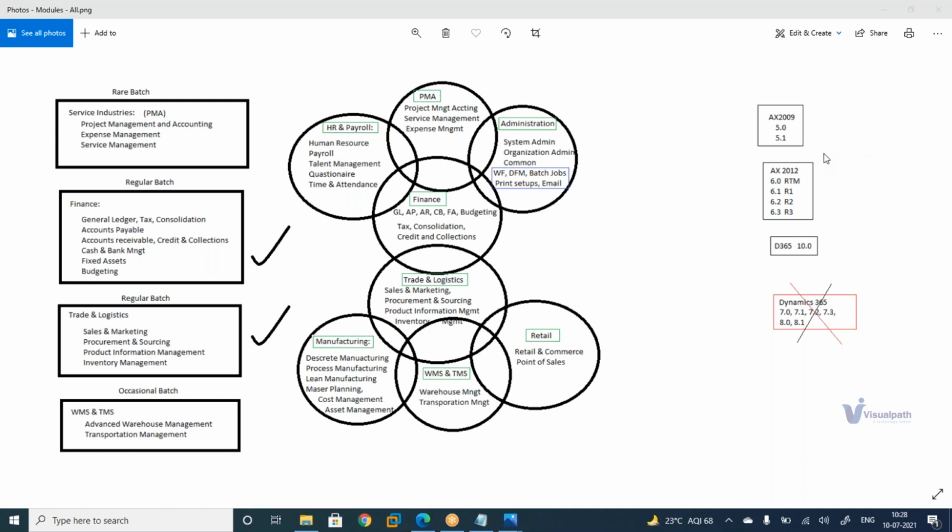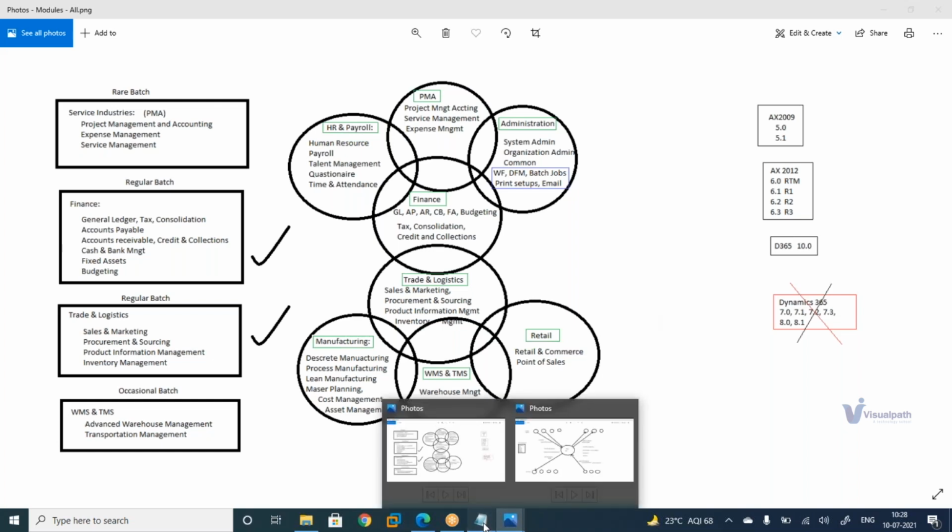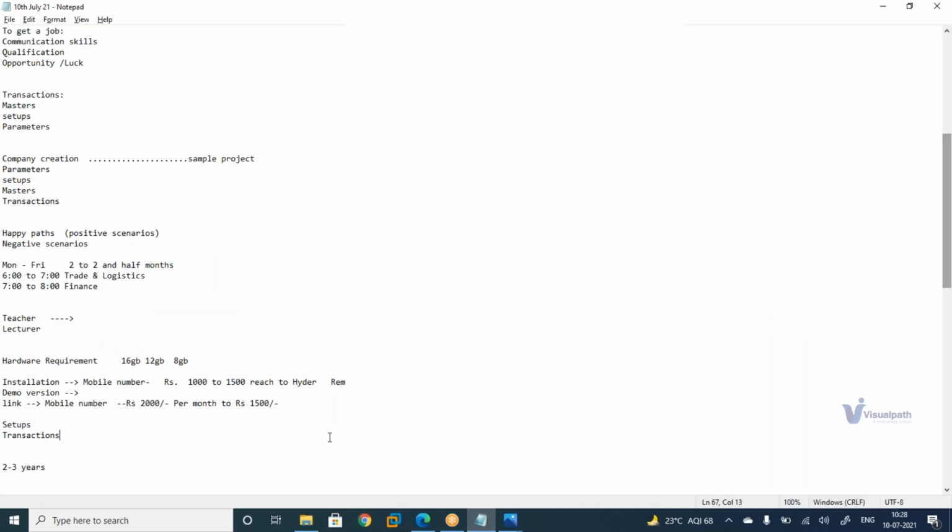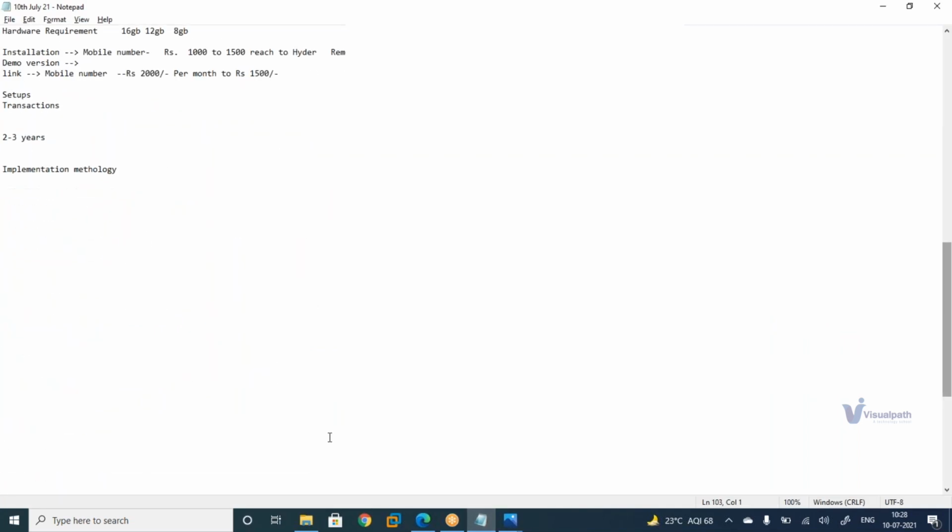Srinivas, actually what is the future for Microsoft Dynamics 365, compared to other competitors like SAP? What are the opportunities? Understood. So the question is: when I'm joining or learning, what is my future, and whether it is sustainable in the long run? Whether I can go with SAP or Dynamics AX, which one can I choose?